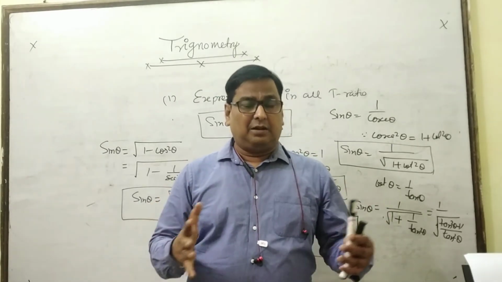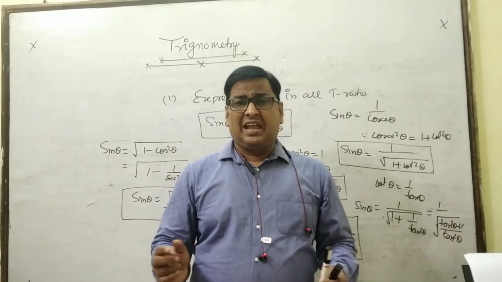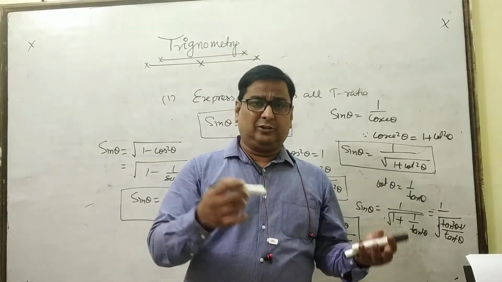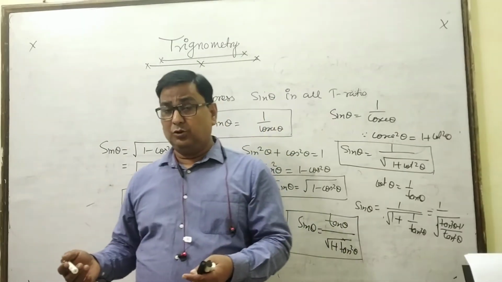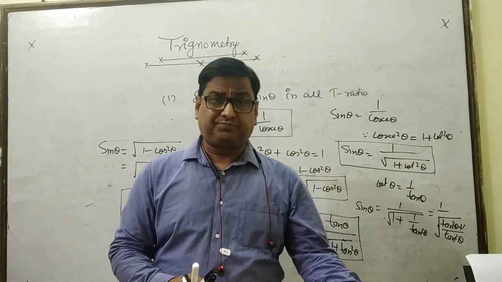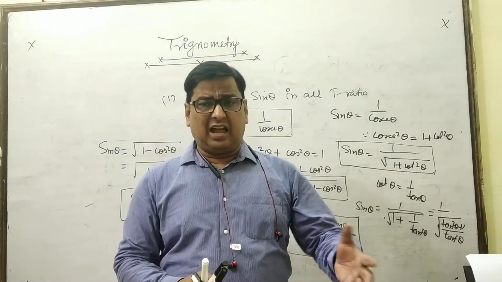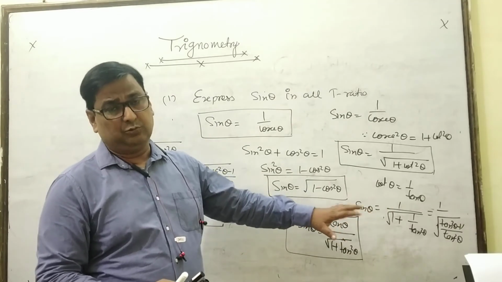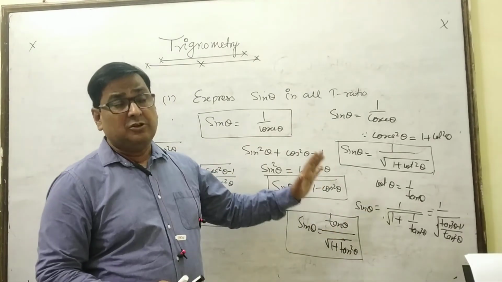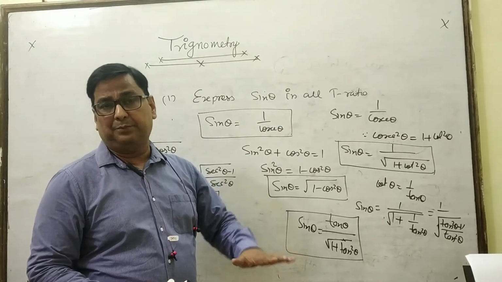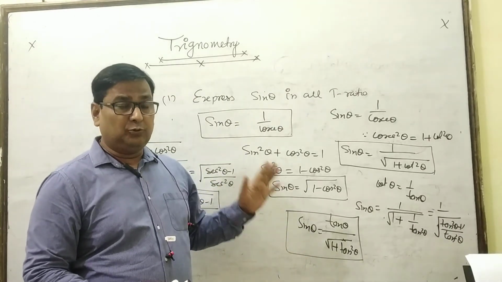Mathematical operations will be there. It may be in the form of an algebraic identity, a cube plus b cube form or a plus b whole cube form, and when you solve, you will get the next step. And after that, by dividing or by multiplying something, you will get the relationship you have to prove. So basically, sine theta and cos theta conversion is the best way to prove any trigonometrical identity.